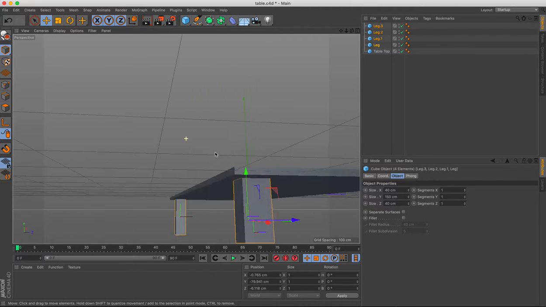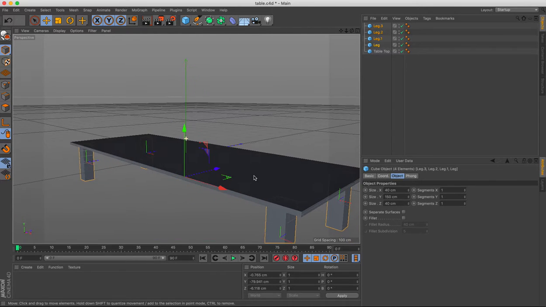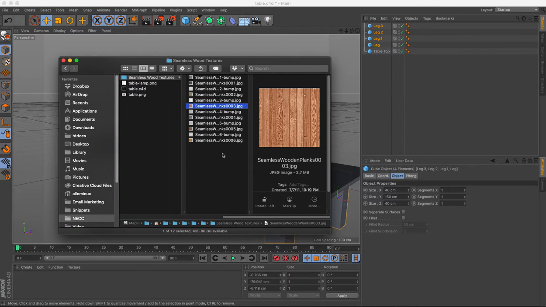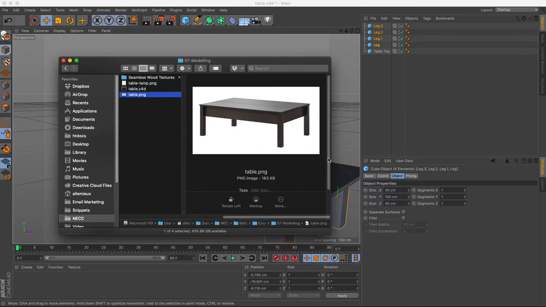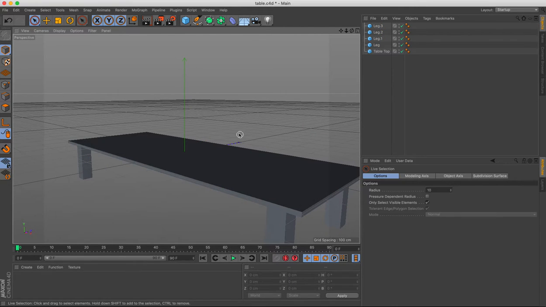There's those side rails that you saw in the photograph. So if we take a look at that image again, you'll see that it has these side rails that are kind of nested inside. They fit inside the leg, and they're underneath the tabletop. So that's the next thing that we need to build. So again, pretty simple, just using